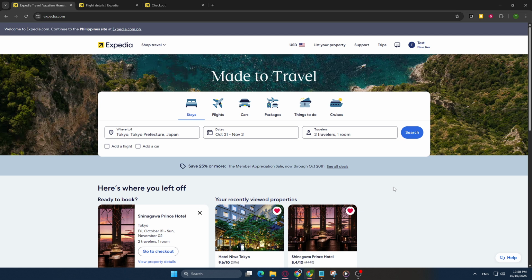First, let's begin our journey by heading over to the Expedia website. To do this, simply open your web browser and type in Expedia in the address bar. Once you're on the home page, you'll notice a menu of options at the top of the page. For our purposes today, we're going to focus on booking a flight, so go ahead and click on the Flights